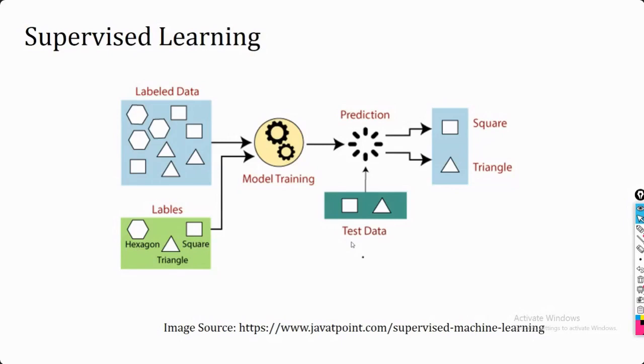Once you are done with the refinement of the model and you have the final model, you are going to perform the prediction for your unknown instances. And here you can see the class label is just the discrete one, or the categorical one. Here class is square, class is triangle.